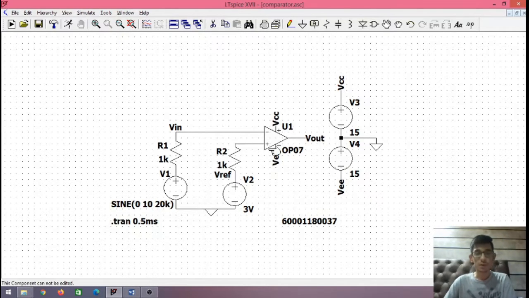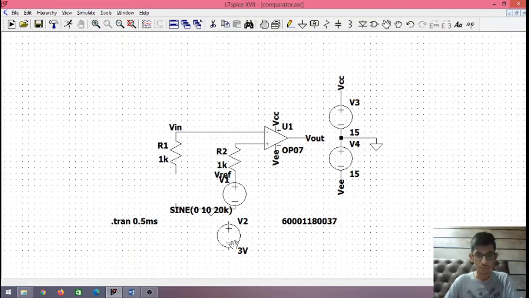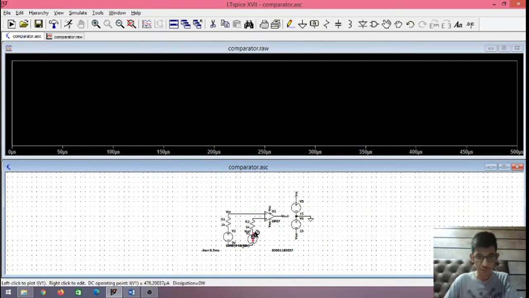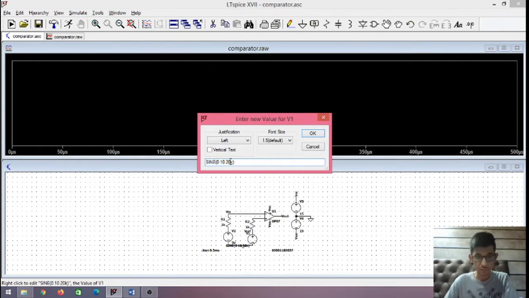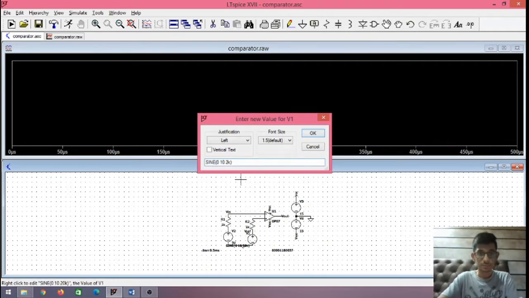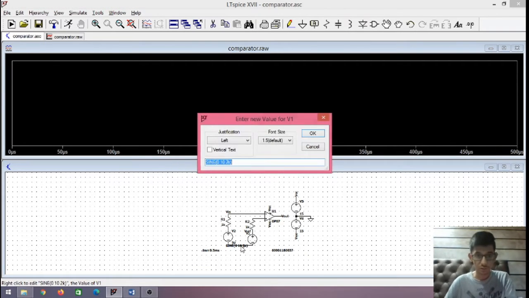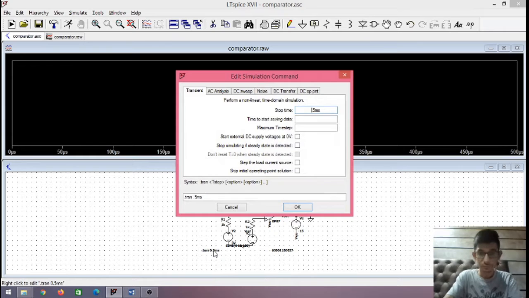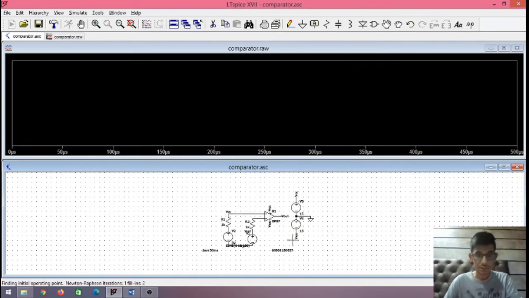Now for the non-inverting configuration, the only thing you need to do is switch these two connections, giving the Vin here and the Vref here. We can just run and check. We need to change the frequency as we may not get what we want here. Since 2k also got distorted, let's take 100 Hz, and for transient time maybe 50. Yeah, 50. So let's run and see.